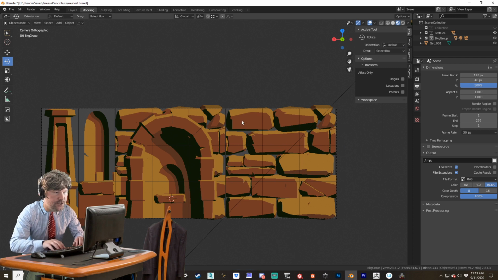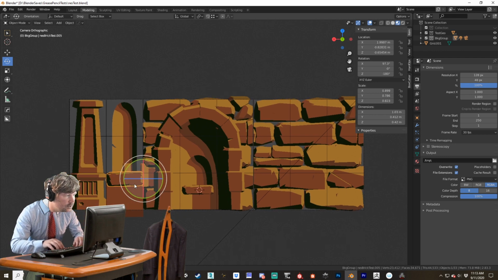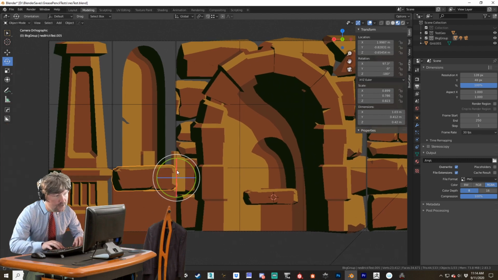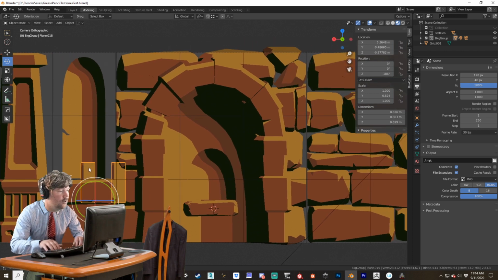So I just want to double check that all these elements are filling the grid how I'd like them. Yeah, so a detail like this brick, we might as well move that down to fall right in the grid, just in case we only want to use this 16 by 16 block. Oh yeah, this somehow got out of whack,